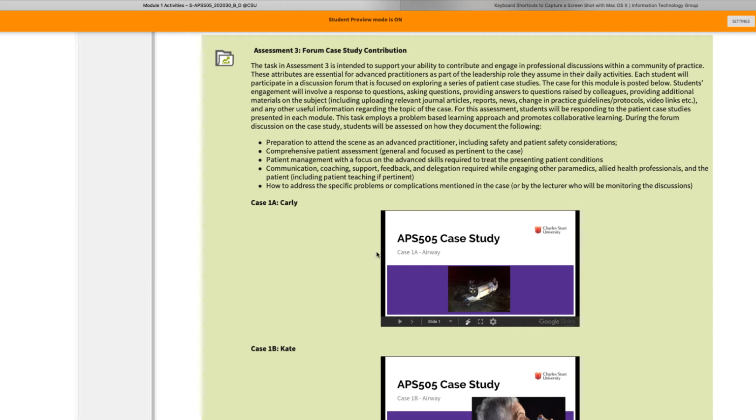And the concept here is that I want you to use these cases as basically the stem or the conversation starter to explore topics of this subject. And I've provided a series of conversation starters with, consider the preparation to the scene, imagine the patient communication that's required, or the patient management, particularly pertaining to the skills required.